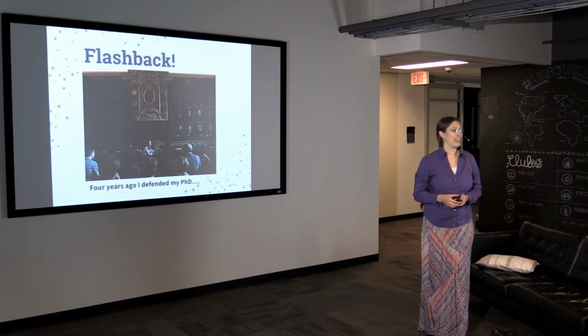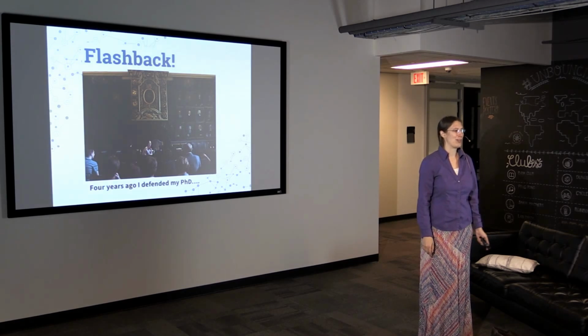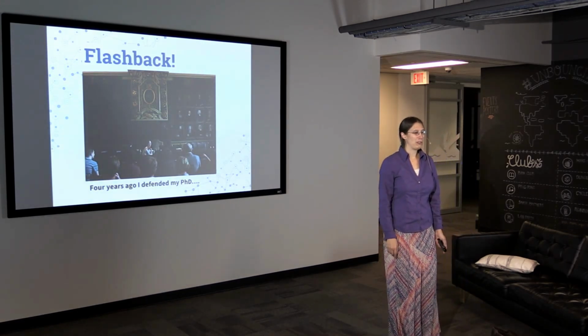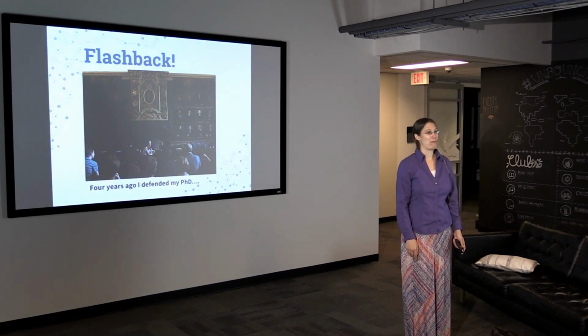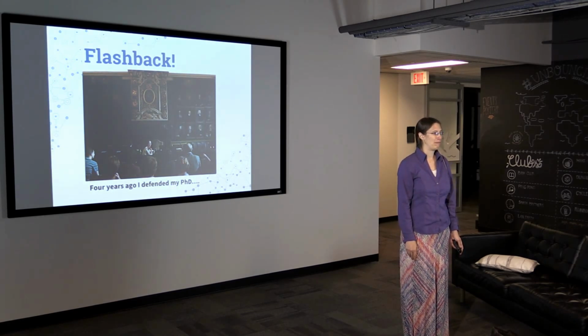I really liked my PhD. I really loved doing research. But I got to the end of my PhD and I thought, academia is kind of a pyramid scheme. I looked at people who were a little bit ahead of me, and they are on the postdoc treadmill, their third postdoc, their fourth postdoc, and I thought, I would like to have a little bit more stability in my life than what four postdocs would afford.